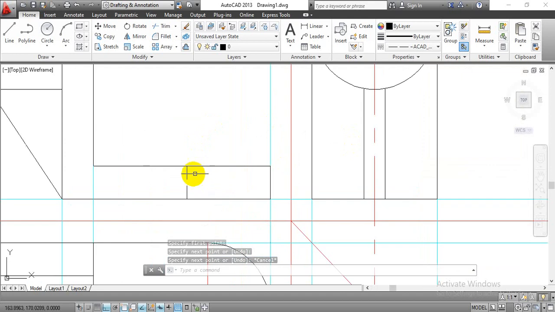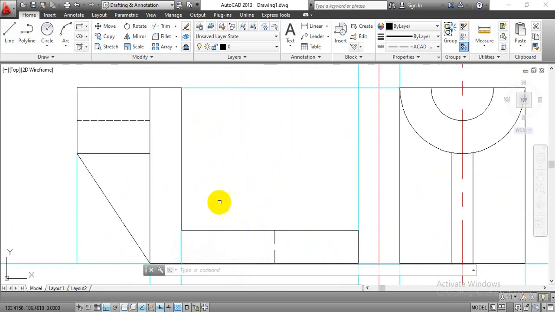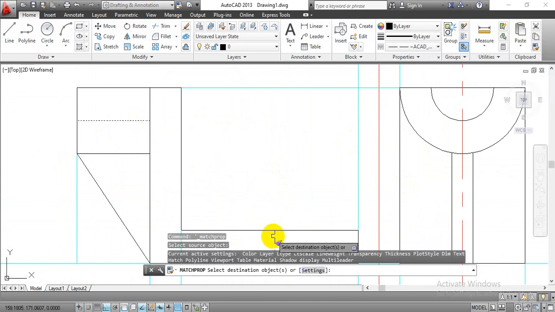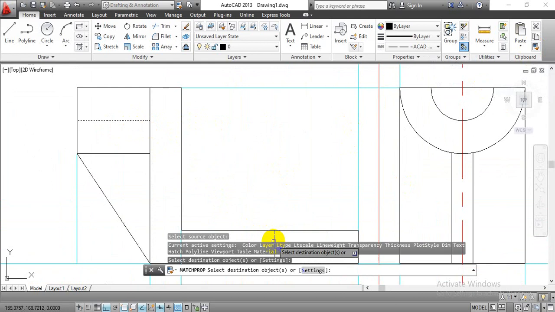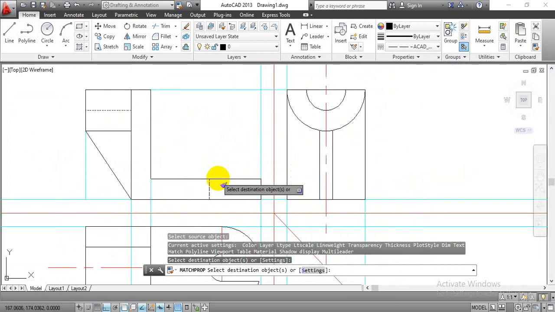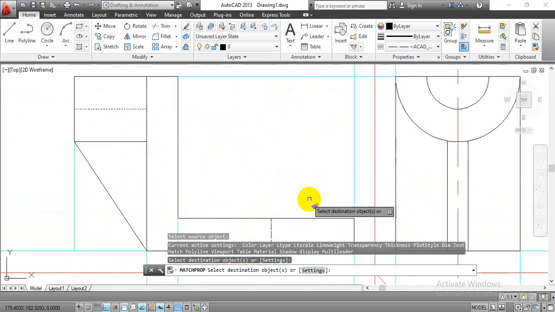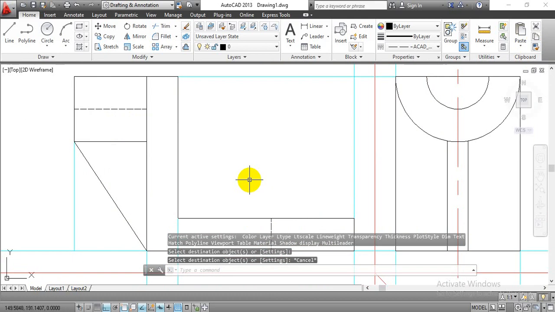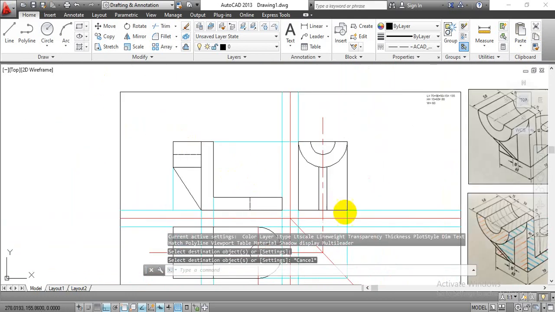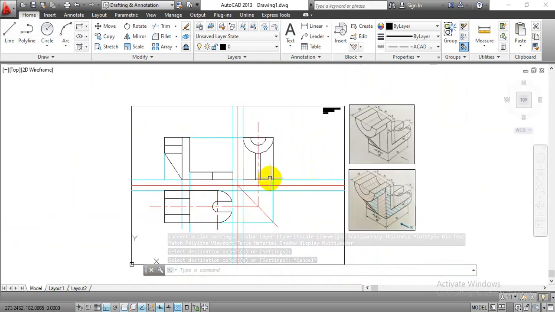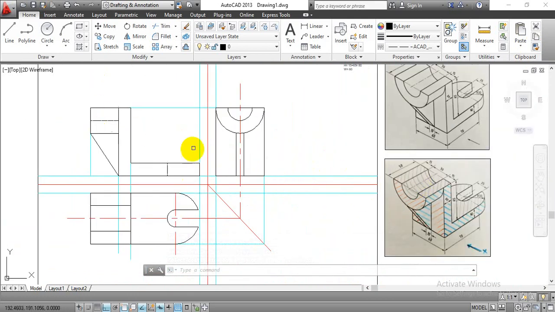Now to have the same kind of dash line over here as well, you can just go with this match property, select this source object, select this destination object. Now you are able to see that we have turned all those lines for the equal space. Okay. Similarly, once we complete this front view projection for the hidden lines, the remaining thing is that we have